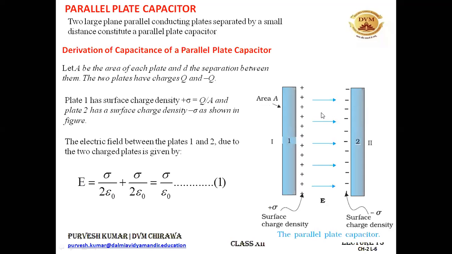Okay, so the electric field in between the plates, from this plate, will be directed in this direction, that is towards the negative plate, and for this plate, it will again be directed towards the negative plate only, because electric field lines will always come towards the negative plate. That's why both the electric fields get added up, and we know the formula for the electric field because of a plane conducting plate, it is given by sigma upon 2 epsilon naught. So we'll add them up, sigma upon 2 epsilon naught plus sigma upon 2 epsilon naught, and it comes out to be sigma upon epsilon naught. All right, so this is the value of the electric field in between the plates. This is my equation number 1.